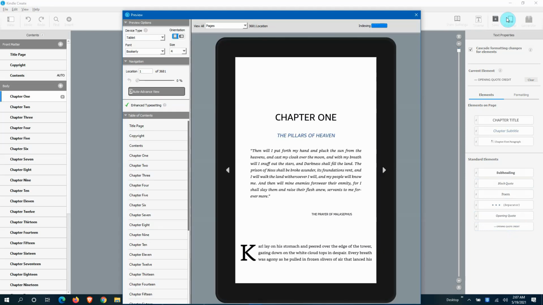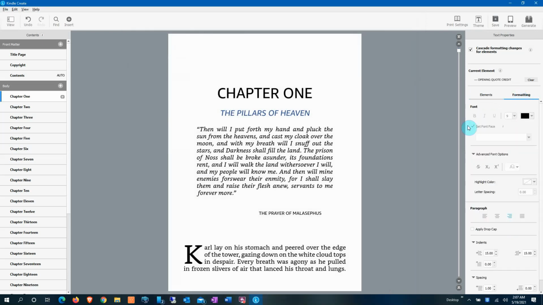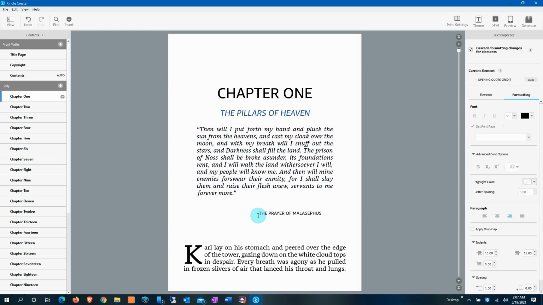Still not 100%. I've got a lot of white space between these that I don't like. So I'm going to go ahead and fix those. And to fix those, I go into formatting. So the first thing you have to be aware is, like I said, this is not an editor. This is a layout and design program. So the first thing you need to be aware of is that when you go in here and you try to